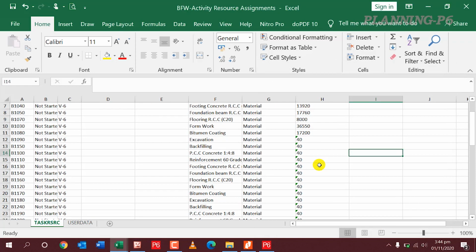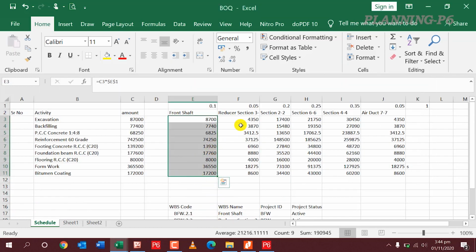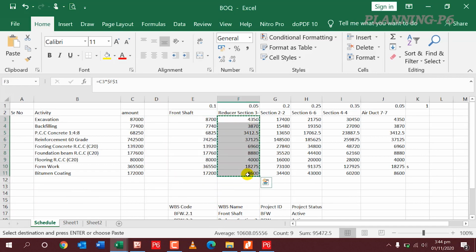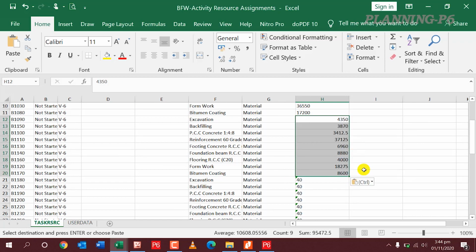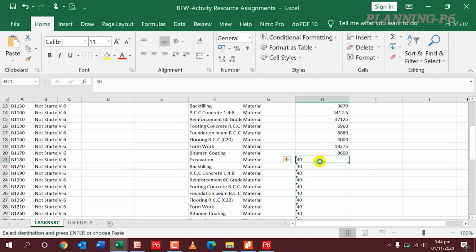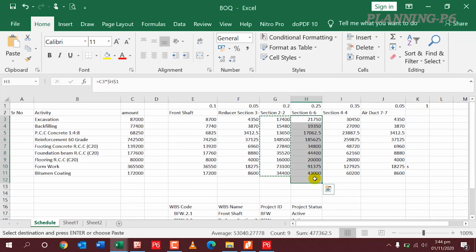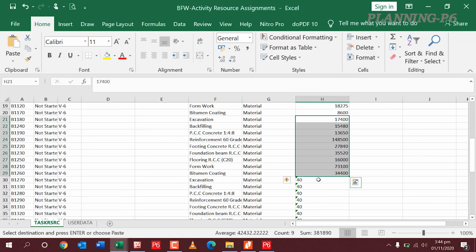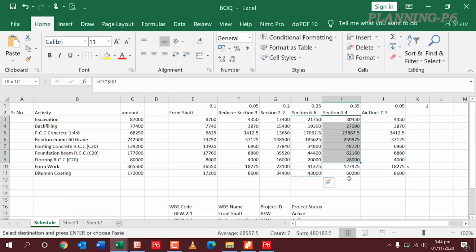So in the first section, front shaft, then my next section, reducer, I will just Control V here, also paste the value, and then the third section, Control C, Control V, and then I will go for my fourth section, copy the fourth section, paste here.